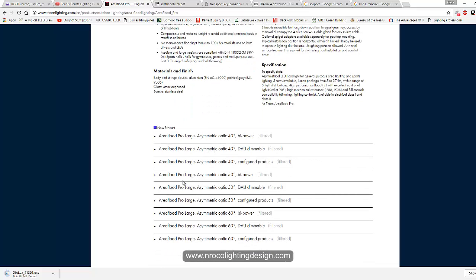So now, some of these codes are important, like this 50 and 40 degree temperature. So if it's too hot in that shipyard, you should have at least higher ambient temperature requirement on your fitting. So let's, for example, I will use this 60 degree bipower.